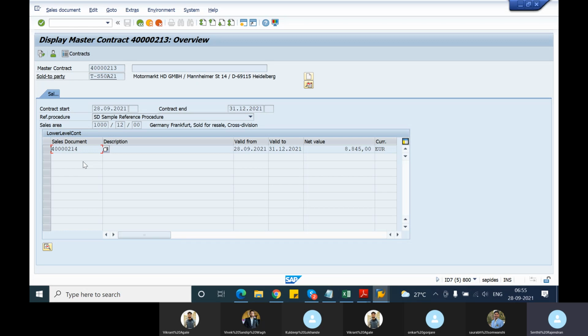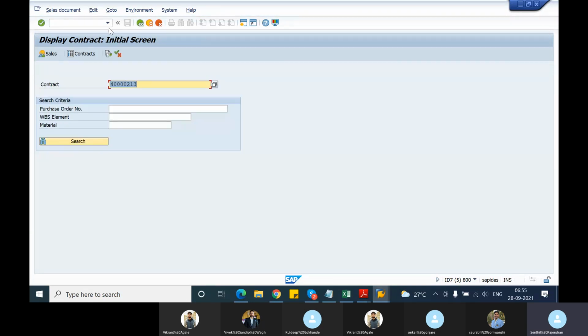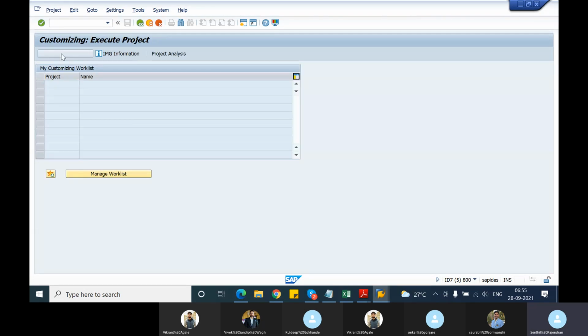So this is how you attach your contracts to the master contract. But in order to do this, you need to set up the referencing requirements. So inside the referencing requirements, we will add what are the contract document types that can be attached to a master contract. See, for example, if you go to SPRO, SAP reference IMG,